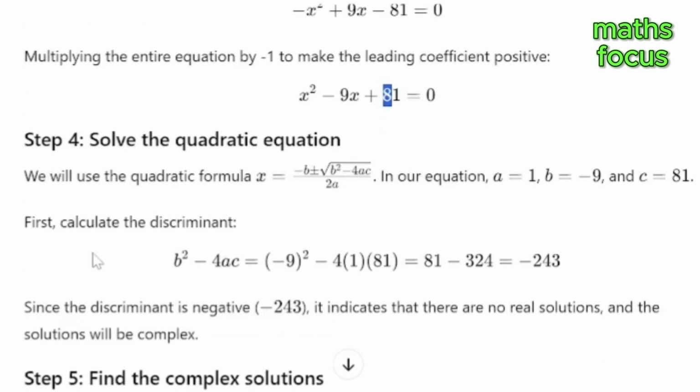Then first we want to calculate the discriminant, because this is the discriminant, b squared minus 4ac. When we calculate it, b is minus 9, we have minus 9 squared minus 4 multiplied by a is 1 multiplied by c is 81, which is equal to 81 minus 324. Minus 9 squared is 81. 4 multiplied by 1 multiplied by 81, that is 324. Then if you subtract 324 from 81, we have minus 243. Since the discriminant is negative, minus 243, it indicates that there is no real solution and the solution will be